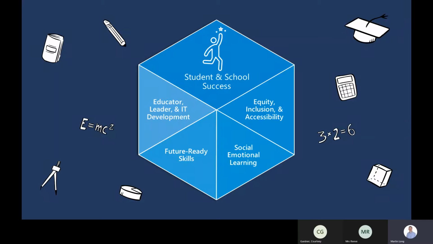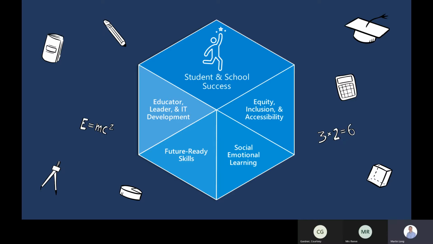And then the final pillar that we looked at last time, and we will be coming back to revisit all of these again in session 7, is around that leadership in IT development. If you've got an IT department, you partner with a third-party IT company, how are you going to get them involved in the vision? Could they offer you something that helps you? I know Turn It On as a partner, we work with many schools across the UK, and we certainly play a key part in forming the vision and making sure that we help schools to realise that vision and get there in an affordable and achievable way.